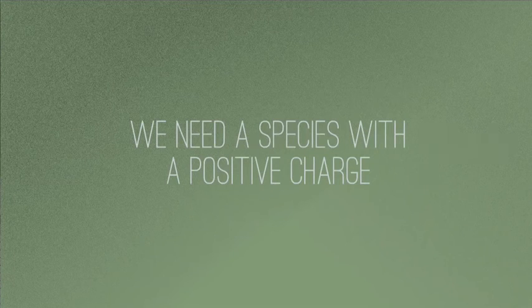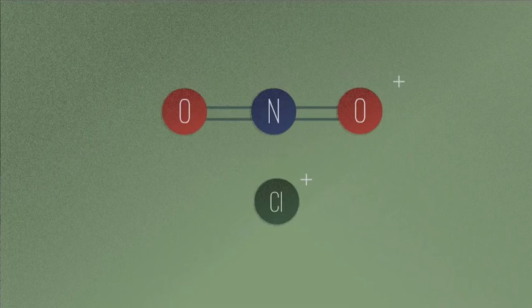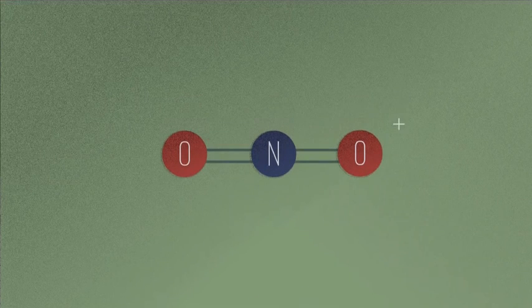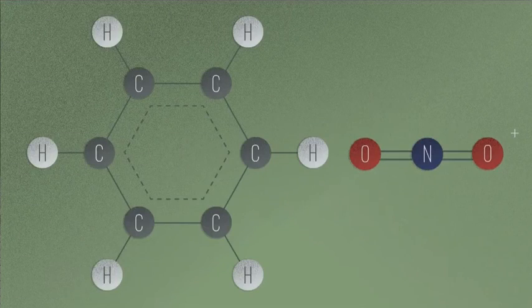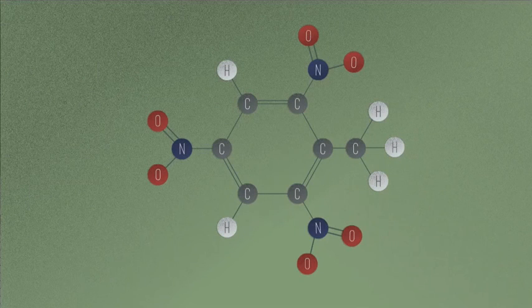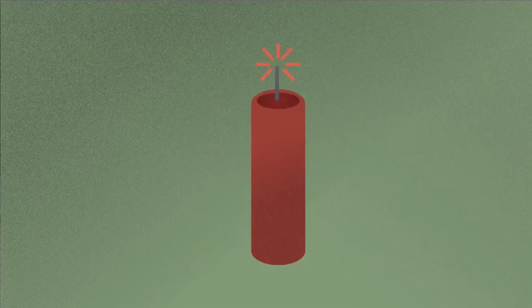For example, have you ever heard of Cl+, a cation made from a chlorine atom? Or this nitronium ion, NO2+? Well, they exist and are widely used in benzene chemistry. In fact, NO2+ is reacted with benzene to form trinitrotoluene, also called dynamite, a very powerful explosive. Oh dear,